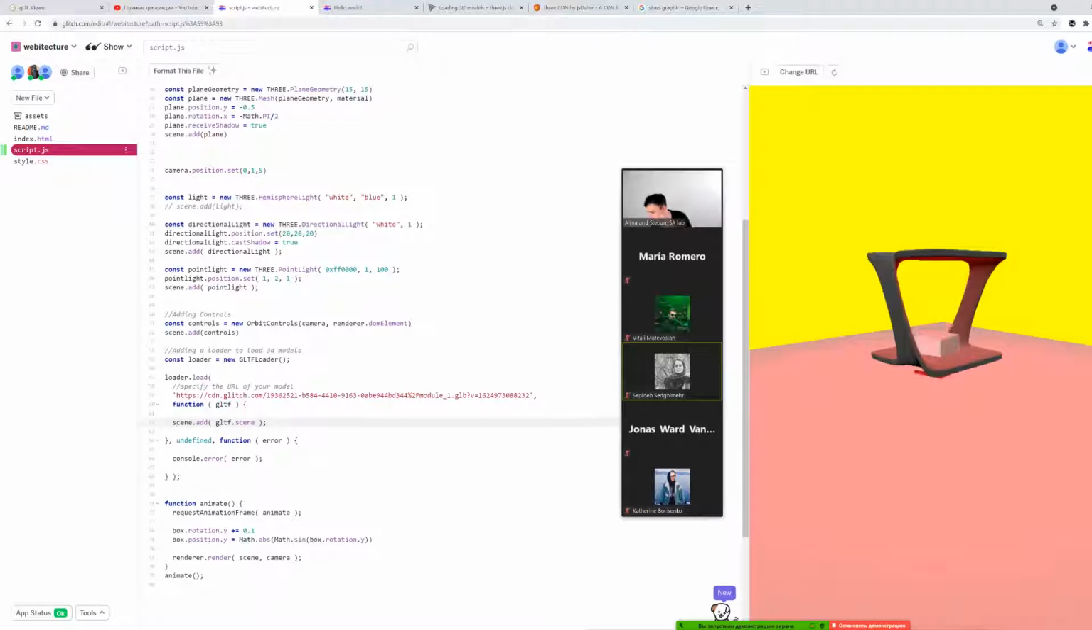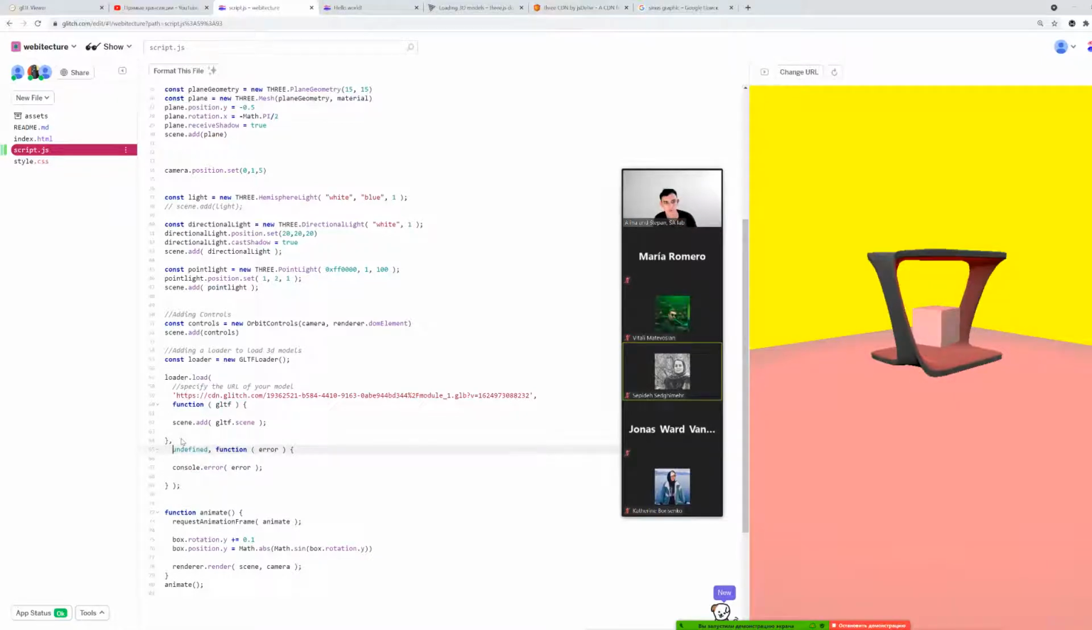I'm gonna say here, what you can say here as well. So you have like 3 functions. You can have 3 functions within your loader. You can have a function to load where you say like scene.add gltf scene, like adding your file to the scene, your 3D model. The next function you can have is a function